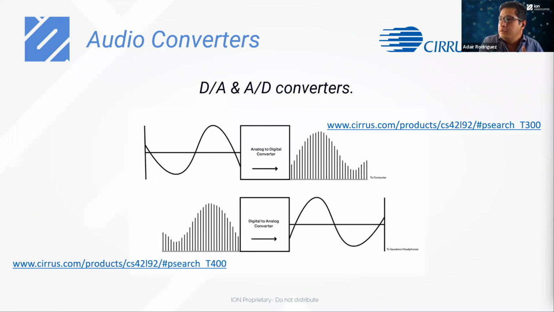Talking more about the other products that we can offer, in this case with another one of our manufacturers, Cirrus Logic, we will find digital to analog converters and analog to digital converters, which is really basic. The analog to digital converts an analog signal into a digital one, and vice versa with the digital to analog. We have many products with which we can help you with Cirrus Logic.